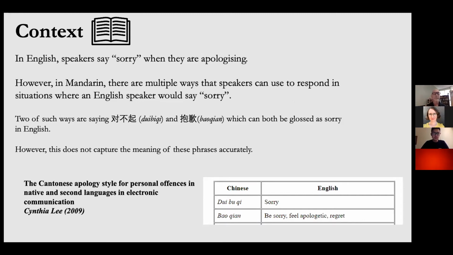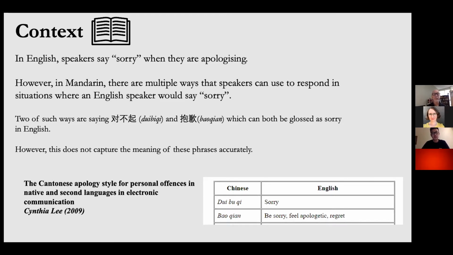First, I'll move on to the context. In English, speakers say sorry when they are apologizing. This is a very common speech act that we use every single day in our conversations. However, in Mandarin, there are multiple ways a speaker can respond in situations where an English speaker would say sorry. Two such ways are saying 对不起 and 抱歉, which both can be glossed as sorry